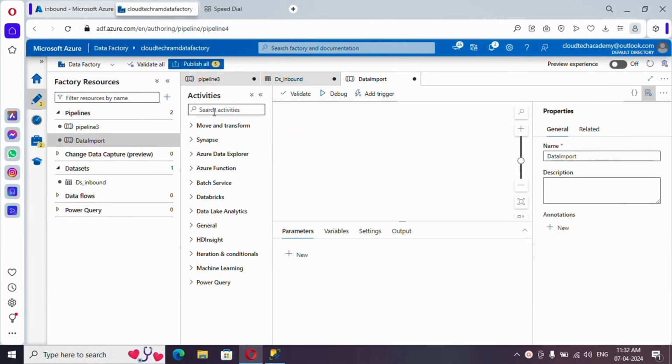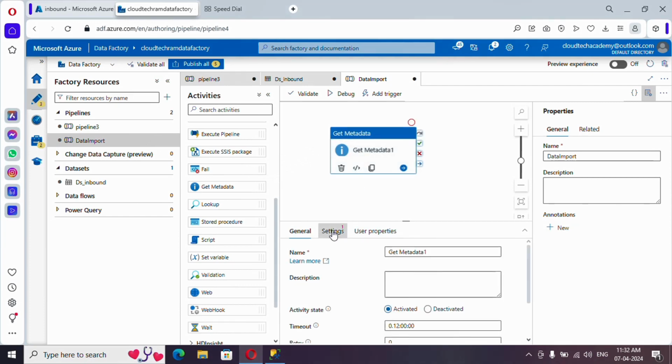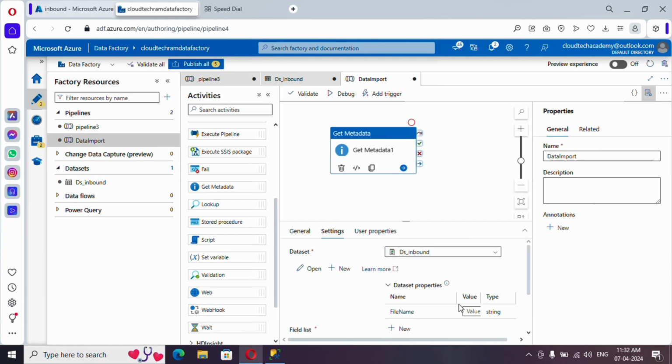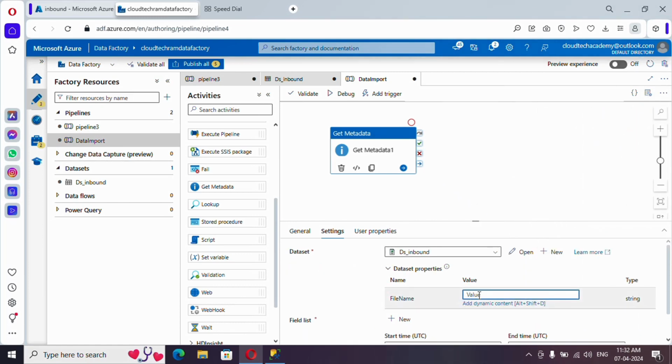In order to do it, just go under General and select Get Metadata. Under Get Metadata, go to Settings, and from the drop-down select the dataset which we have created for the particular storage account. As we know, we have already parameterized the file name and we need to supply the value from here. Let me minimize the unwanted tabs. Yeah. So, file name,